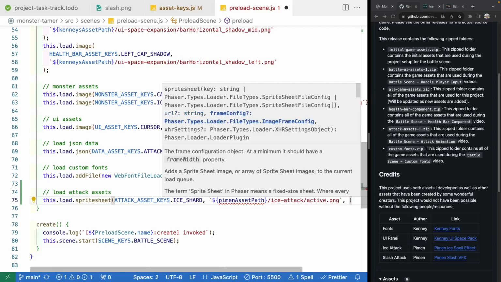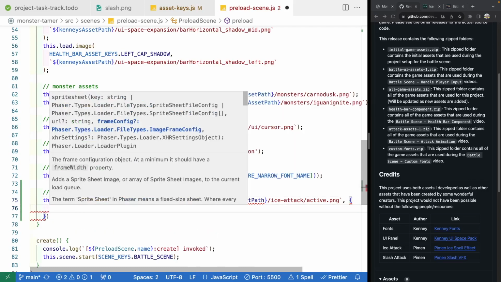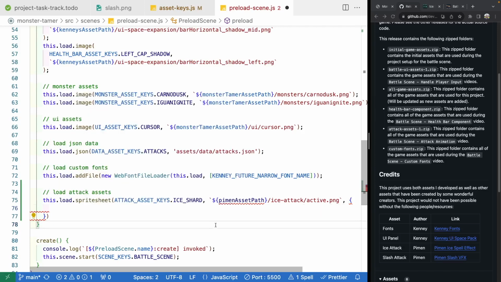And for our sprite sheets, what you can do is specify a configuration of how you want this sprite sheet to be broken up into frames. With our sprite sheets, typically these would be used for animations, but they could also be used if you have multiple images on your sprite sheet and you want your image game objects to use a particular frame. By providing your configuration, this is going to tell Phaser how to parse the data and